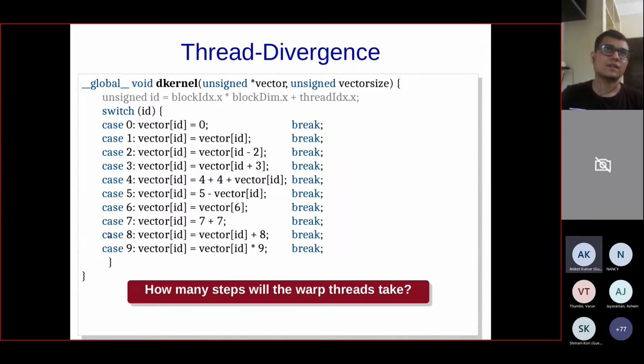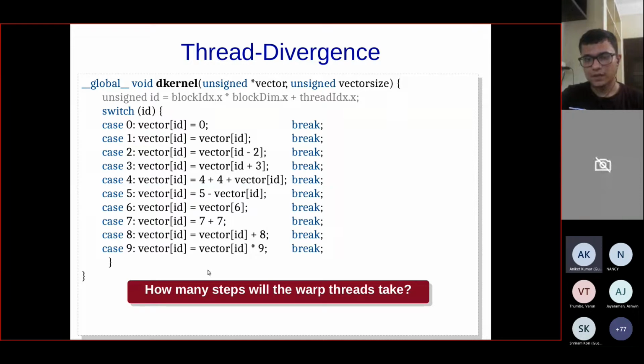Consider it as an if else ladder. It is as good as writing if id equals 0, then do this; if id equals 1, then do this; if id equals 2, then do this, and so on, if id equals 9, then do this. If I just replace that by this, I believe the number of steps taken is 10